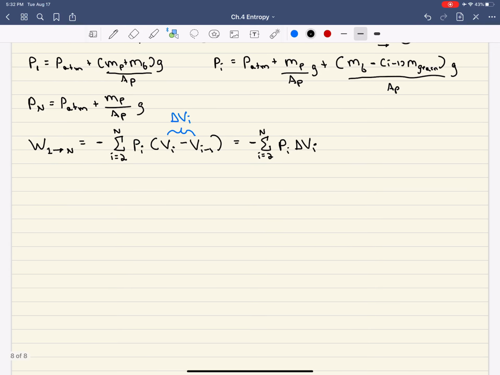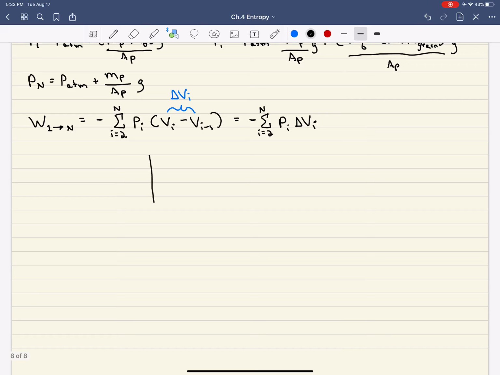But let's draw this graphically. And so, again, we have our plot. This is pressure. This is volume. We start at P_1. We end at P_N. We start at volume 1. We end at volume N. Start here. And this curved line is what it would be if the pressure was following the ideal gas law. Okay? But basically, we start here, and then for each intermediate step, essentially what we're going to do is reduce the pressure and then slightly move